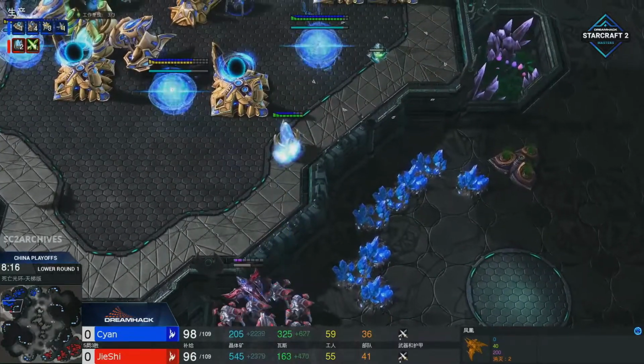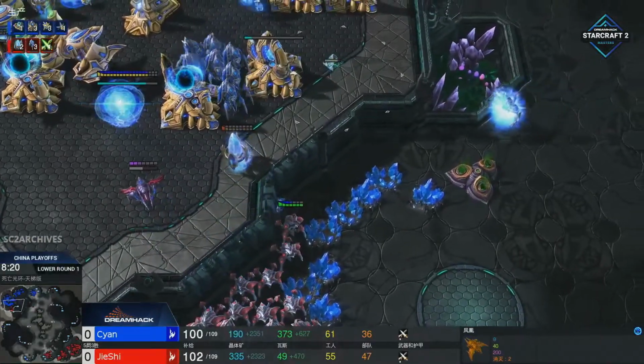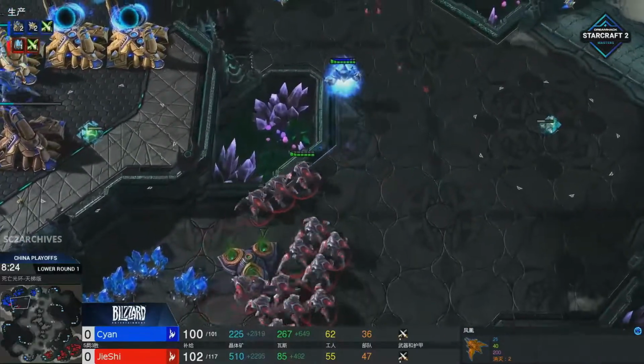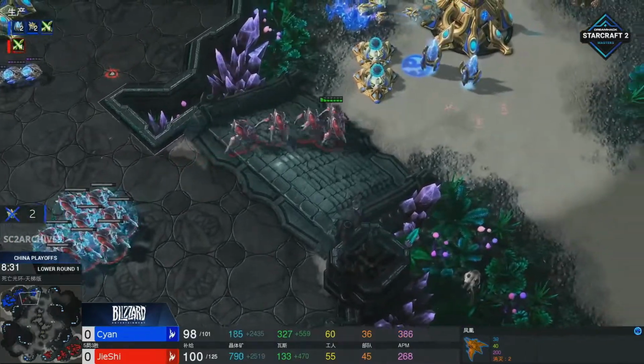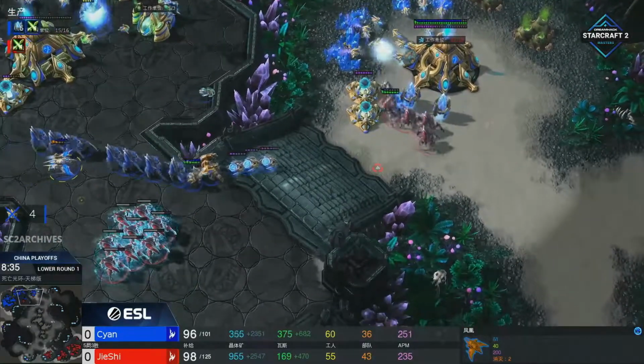I like the stasis ward in the main base. Unfortunately, the blink's going to be just to the south of it. We got an Immortal and Archon here for Cyan. This Archon is zigging when he should have zagged. Get back in the natural, mate. Yeah, a little bit brave there, but oh, that stasis trap. Oh, got him. No. Cyan is actually so good with his stasis wards,